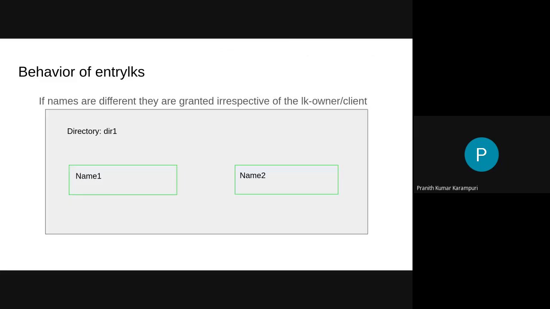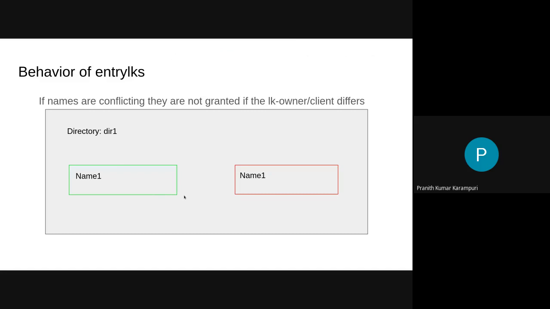Now we will see how they operate. Let's say there is a directory dir1. If client 1 is manipulating name 1 and client 2 is manipulating name 2, it does not matter whether you execute them from the same client or different clients, because there is no conflicting operation. They would use separate names for acquiring entry LKs, and both will be granted.